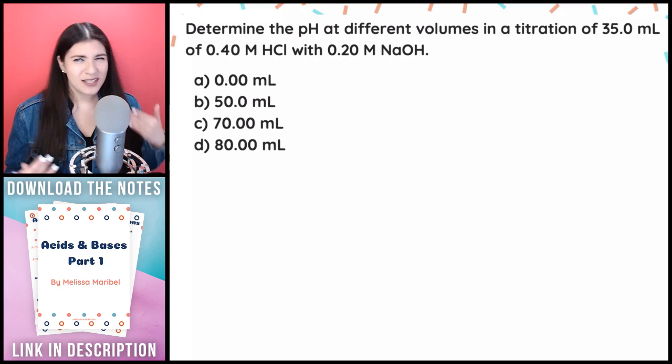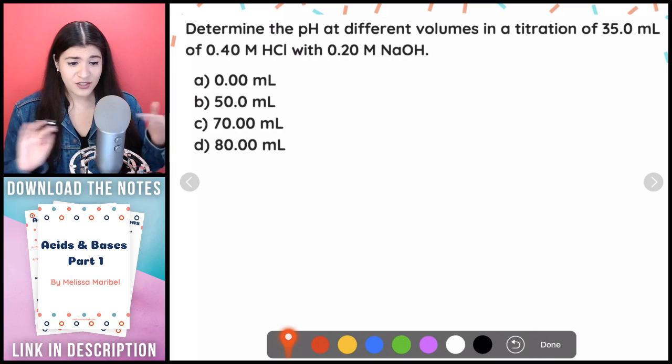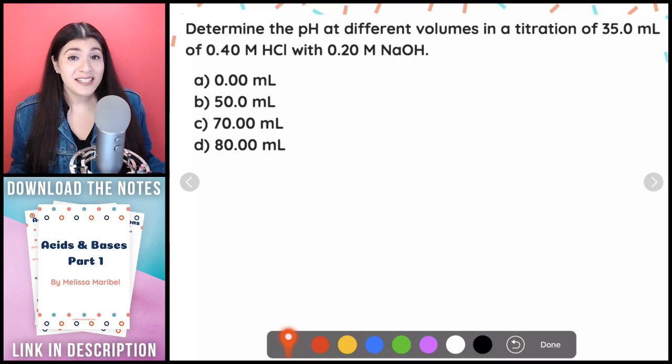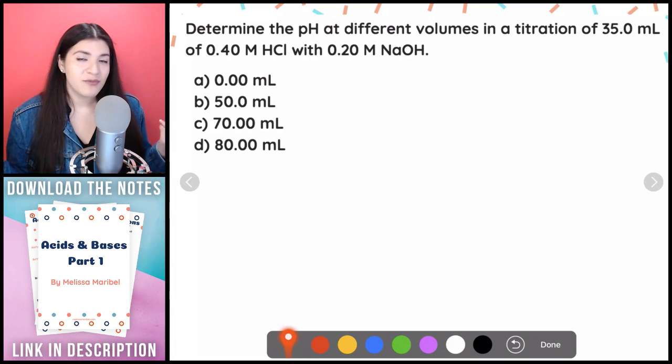The first one that I'm going to talk about is a strong acid and a strong base. How I instantly knew that this was a strong base and strong acid was based on the list that we talked about previously. HCl, we said that's a strong acid. NaOH is a strong base. So that's how I know it's strong acid, strong base, the titration that I'm focused on.